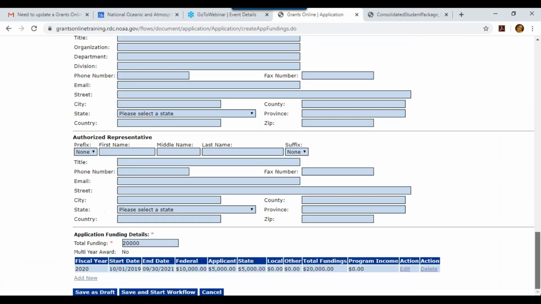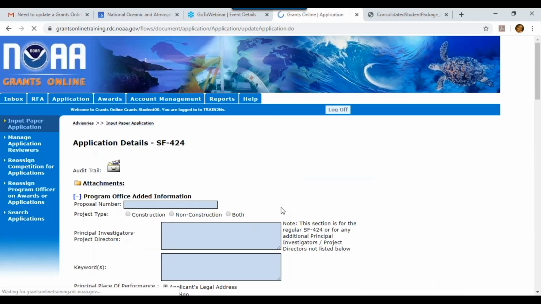So let's scroll down here, and there we see this number right here. The total funding must calculate to the same amount that we put in this data field right here. I'm going to click Save as Draft. All right, at this point, I don't see any error messages. That's good. I am also, though, going to add an attachment,